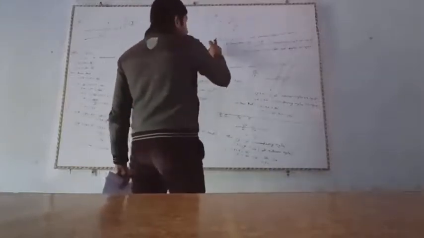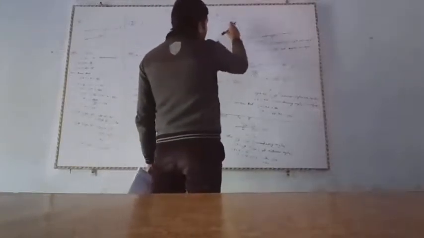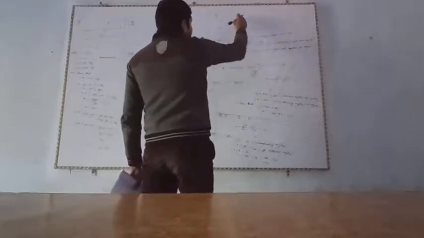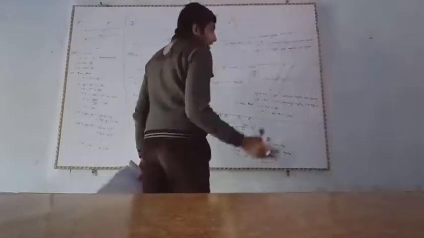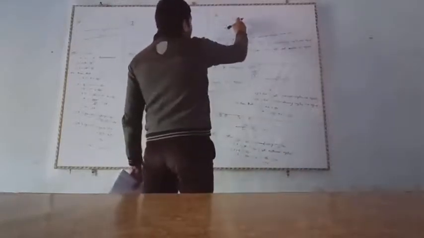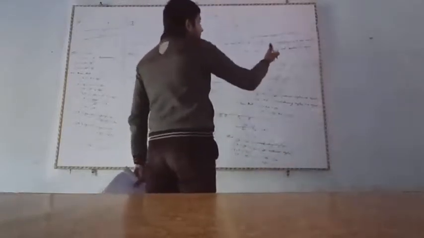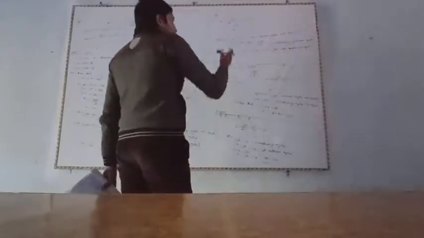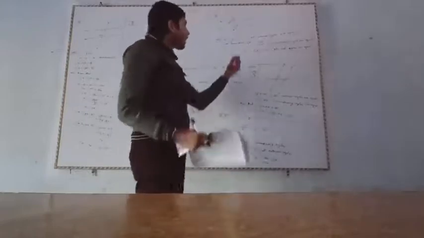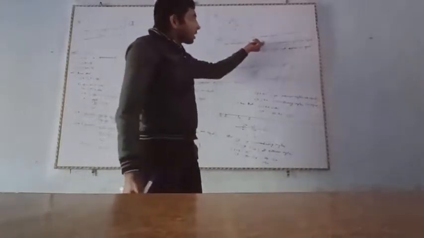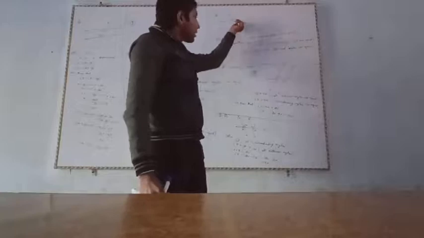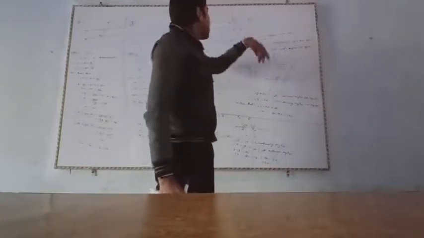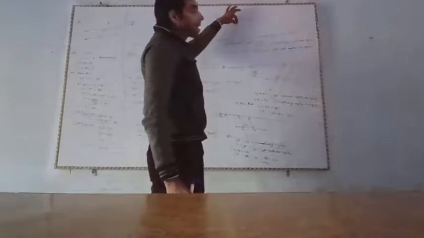Okay, so solution: y is equal to 105 degrees, which is already given, and we know from this figure that alternate interior angles are equal. So angle y is equal to 105 degrees because alternate angles are equal. So angle x is also equal to angle y because corresponding angles are equal, and angle x is the corresponding angle of angle y.